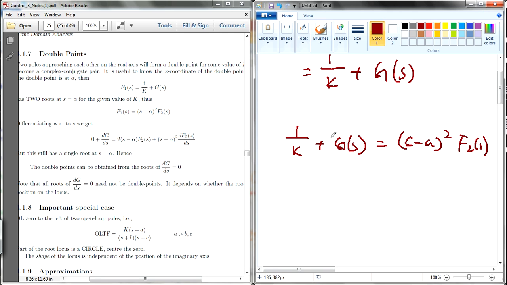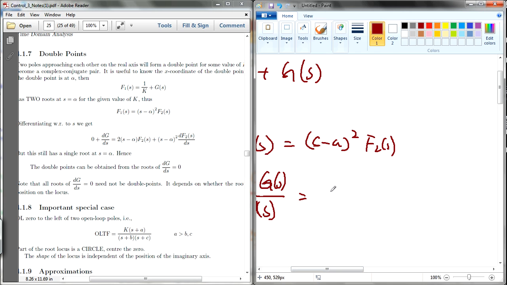So if you differentiate the whole equation with respect to s, this equation becomes 0, or this equation becomes dg(s)/ds, right? So you differentiate this part, and it equals, you bring this 2 down, 2(s minus a), and then since this is s1, you just multiply by 1, and then